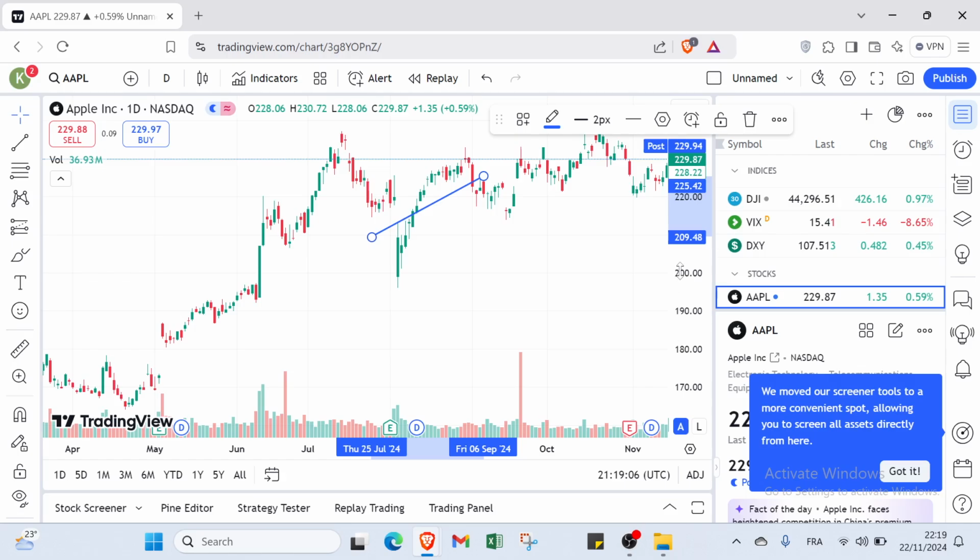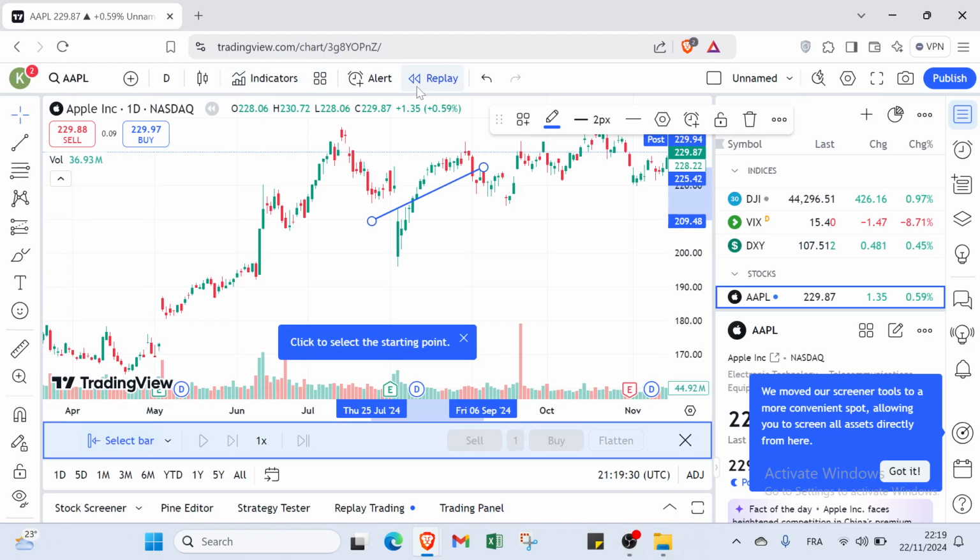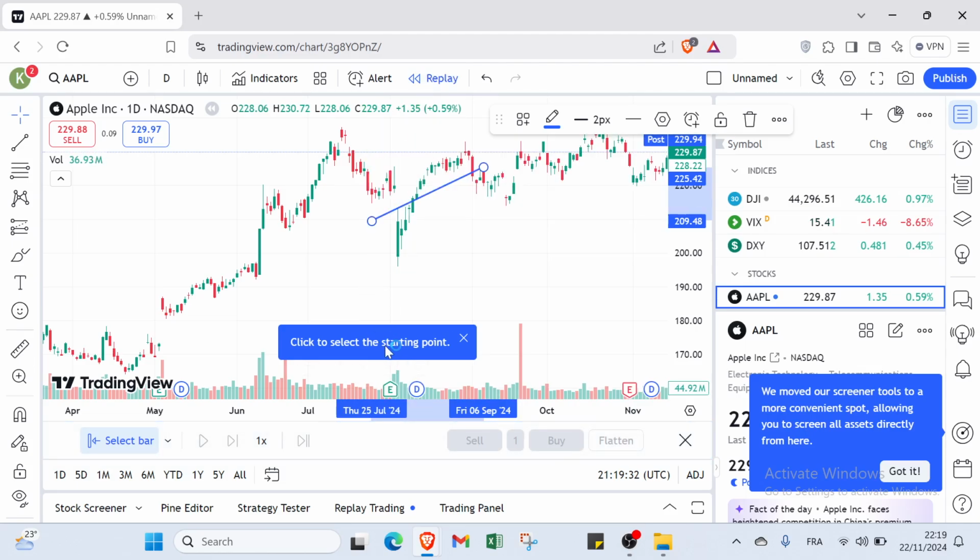And also we have here other things and various things that you have to know about this one, such as on the right we have alerts, data window, we have an object tree and data window. We have various things. At the top you also find compare or add symbol. You have 1 day, you select your candles, indicators, we have metrics, strategies, we have your indicator templates. About alert, you have to create it, and we have replay if you want, as you can see. So we just have to click over here to select the starting point, and here we have it right now,